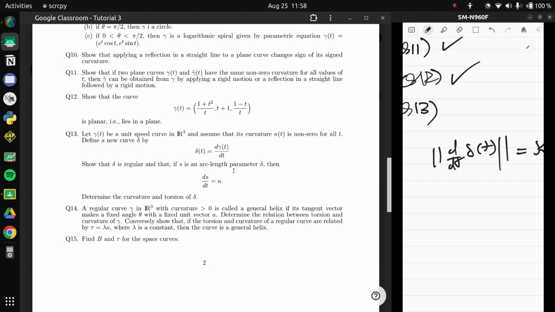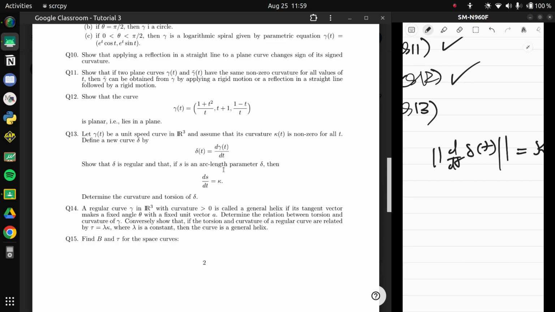So you have a unit speed parameterization, your delta of t. I mean, delta is unit all the time. But then the normal vector would just be the same thing. It's just the derivative of this. It's in the direction of the normal vector. So you just gotta, you know,